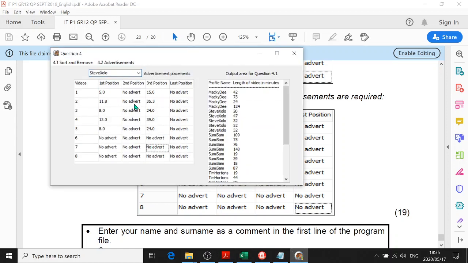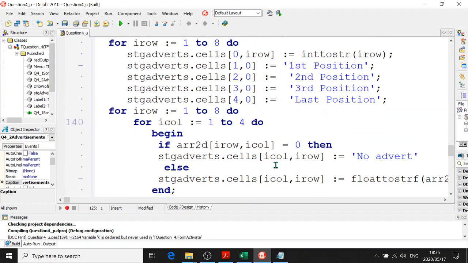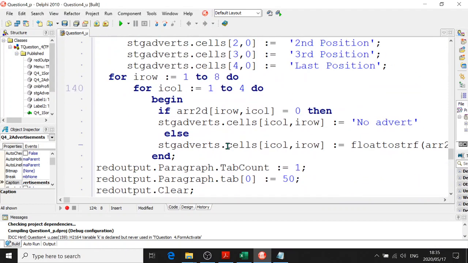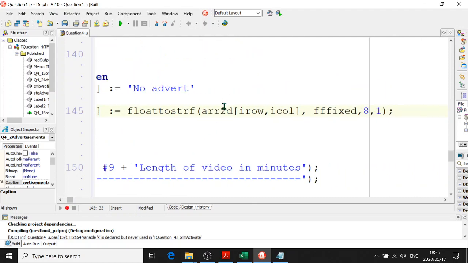Yeah. Now, why is no advert put there instead of 0 as well? Because that's written in the code on the display event. You will get a mark for calling display, and if there's a 0 in any box, then they put in no advert. Otherwise, the string grid will display that 2D array's contents rounded to 1 decimal point. Now, it's very important that you try and do this without looking, and I will see you